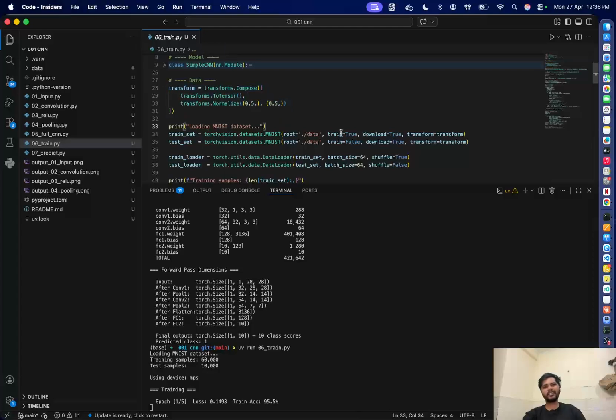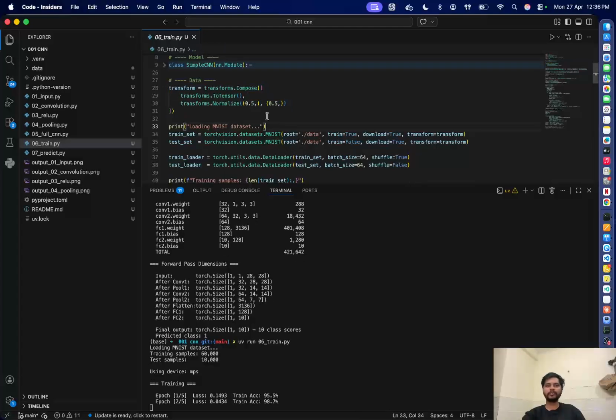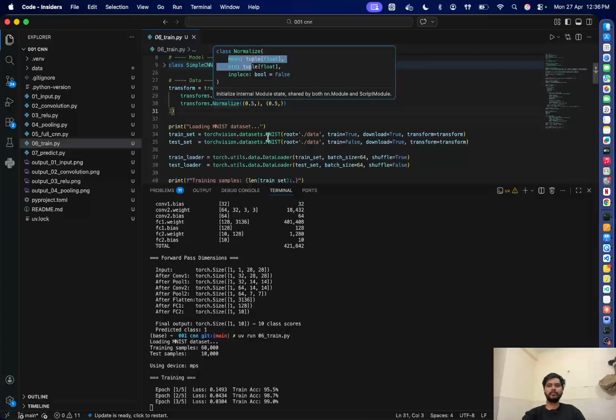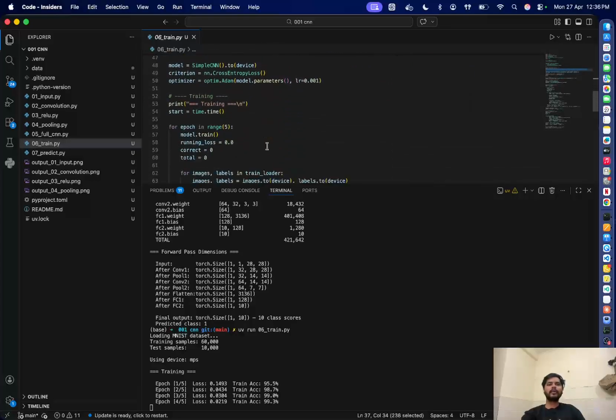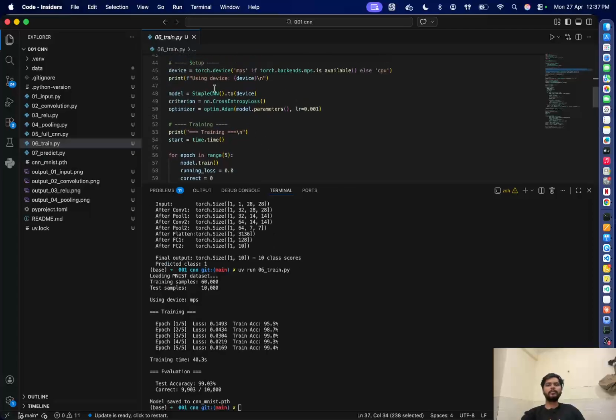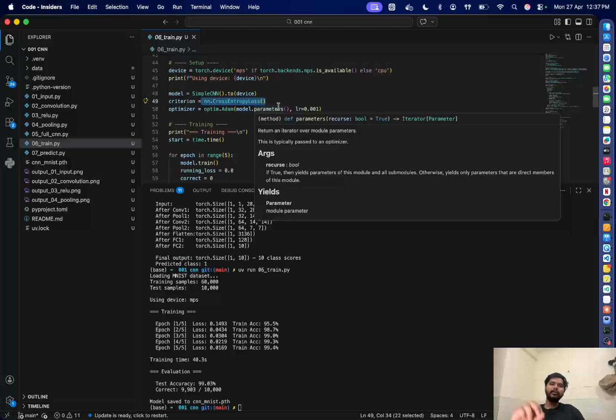I create a transform through which I will be getting data from the MNIST. So this will be a list. I wanted to convert to tensor, and I also wanted to normalize by the mean and standard deviation. I set the mean to 0.5 and standard deviation to 0.5 for my data. And after that, I break into train set and test set, and I created a model here, and create a loss, and